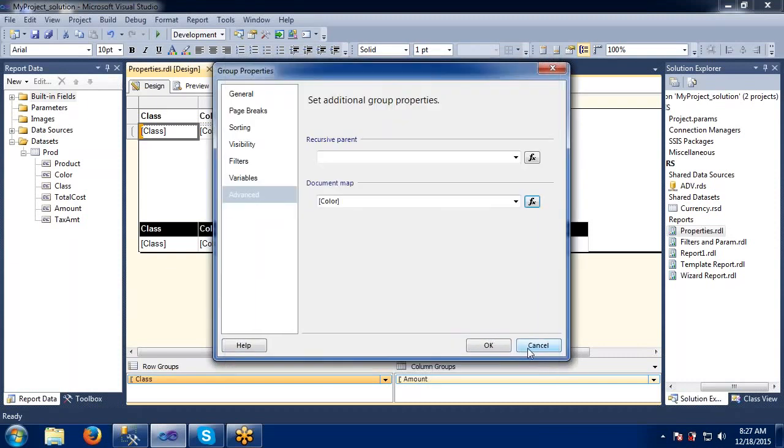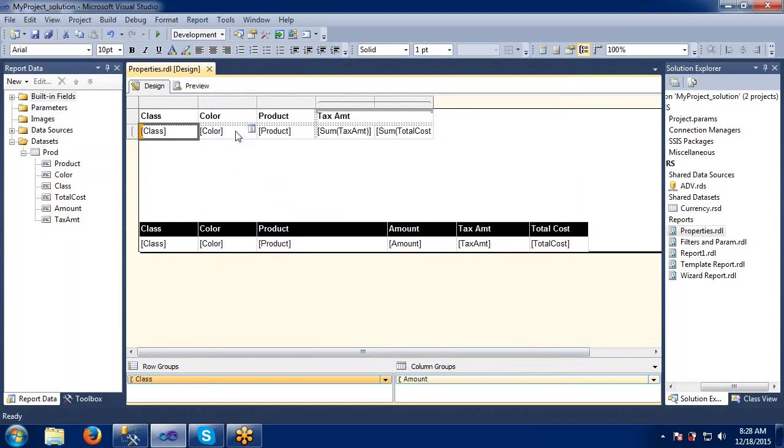We will see the expressions concept in a separate class, completely on these expressions only. Maybe in the next session I will try to cover only the expressions class, so don't miss that class. We will completely work out the expressions part. It's a vast subject, and we will work on these expressions.